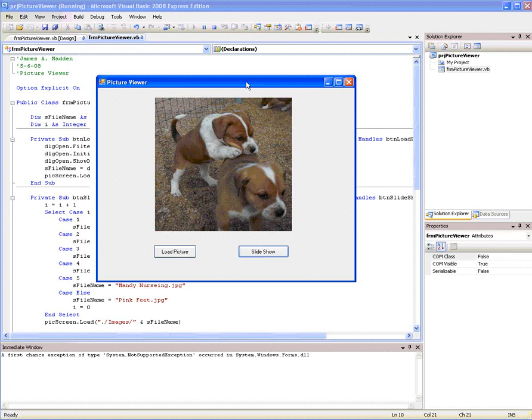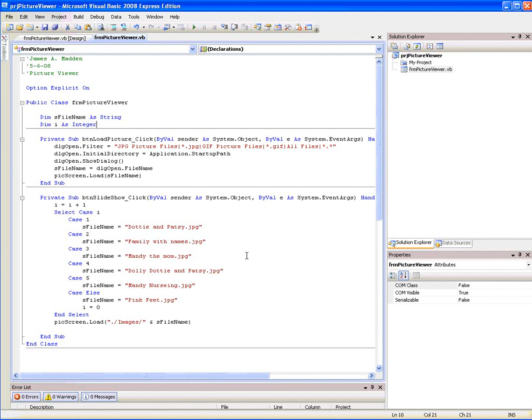Alright, so basically I've shown you the two types of ways of loading. First of all, where I have supplied the path and just put the file name in the file name variable, or where I've used the dialog open and it puts the whole file name so I don't have to worry about anything. You just put that variable in there and it loads. The basic thing to load a picture into a picture box, which I called pick screen, is the load command. We're going to learn more about picture boxes and drawing in the next